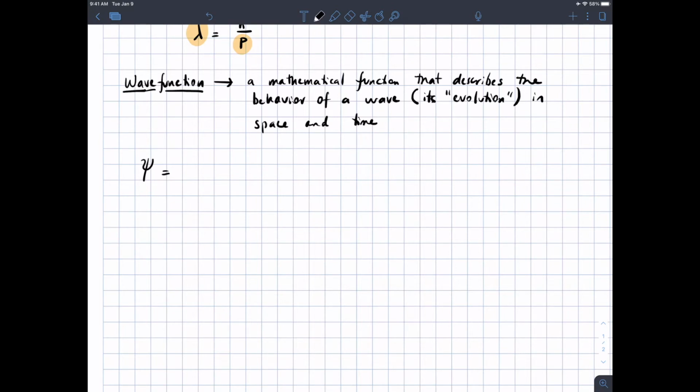So what I'm going to write now is an equation for a cosine wave. And that is the number e raised to the power of i times (kx minus omega t). Oh, that looks awful. Don't worry, it's not as awful as that. There's a relationship in math that tells you e raised to the i theta is equal to cosine theta plus i times the sine of theta. So cosine of (kx minus omega t) plus the imaginary unit times sine of (kx minus omega t),